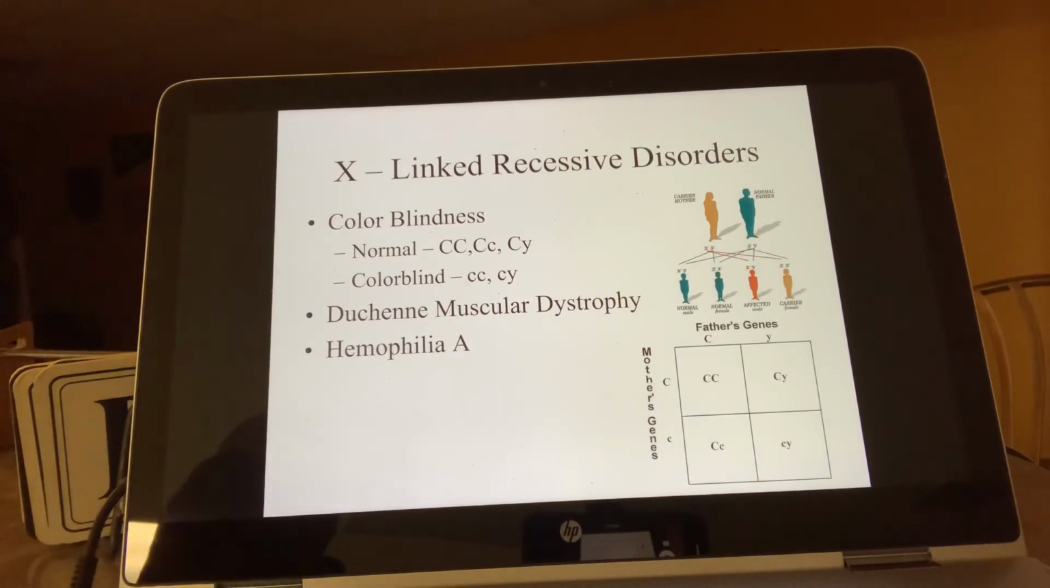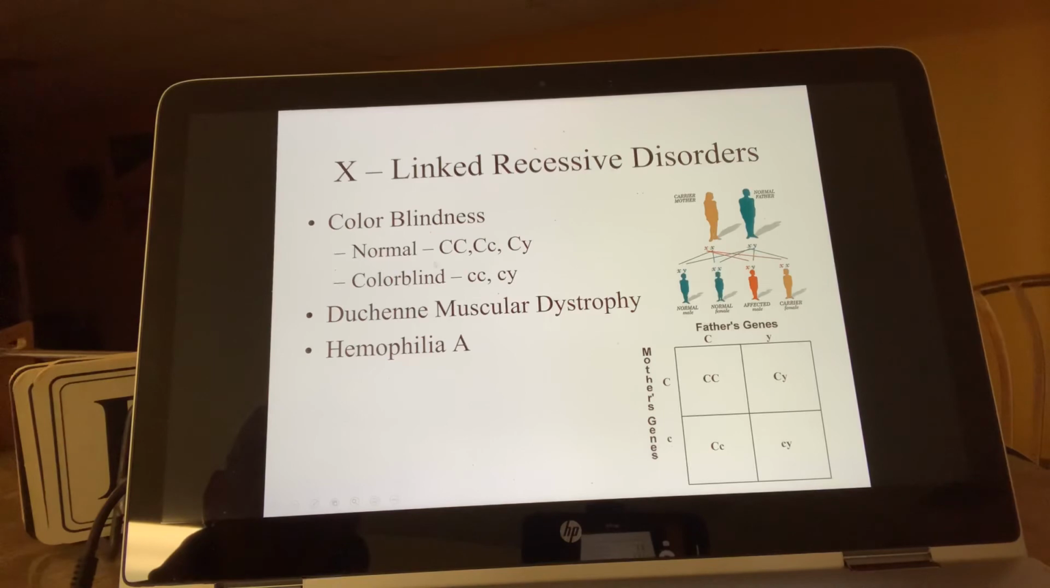Examples of X-linked recessive disorders: color blindness. The most common form of color blindness is a condition that is X-linked recessive. That means it's on the X chromosome, and it is a recessive trait, which means that in a female,